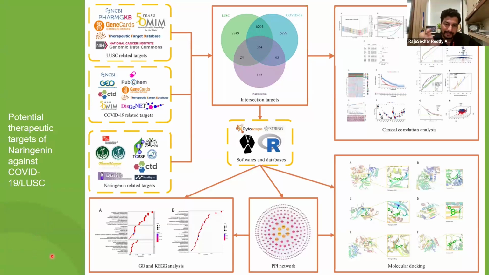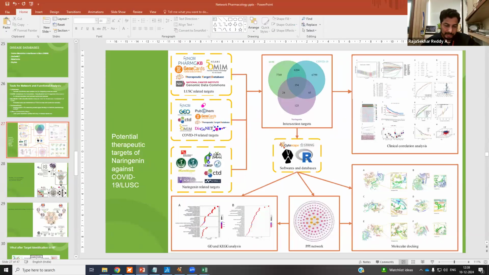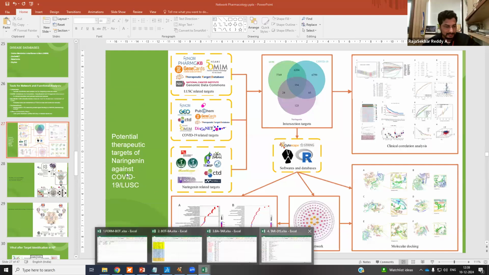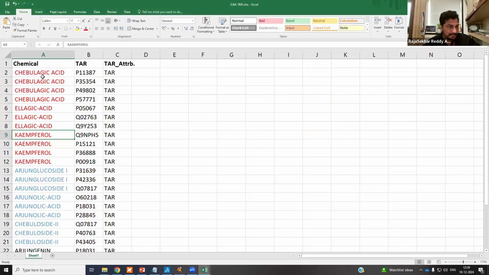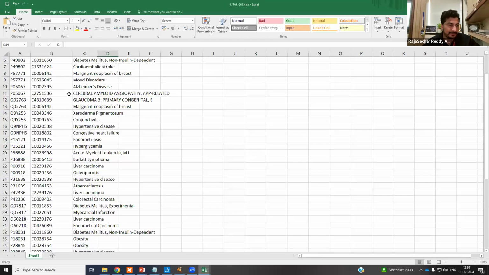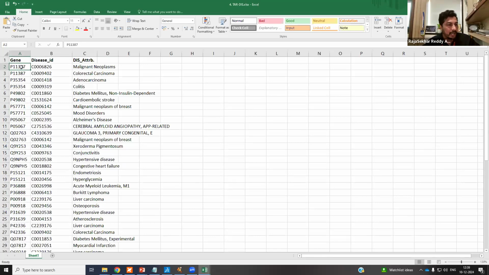But once after building, we have some tools to play. The filtration criteria are there in the Cytoscape. We will play. Give me 2 minutes so that I will show that as well. So right now I have shown 4 Excel sheets. I stopped here where chemical structure is there and the associated target ID. We got it here. And let me show the last Excel sheet where the target and how it is connected